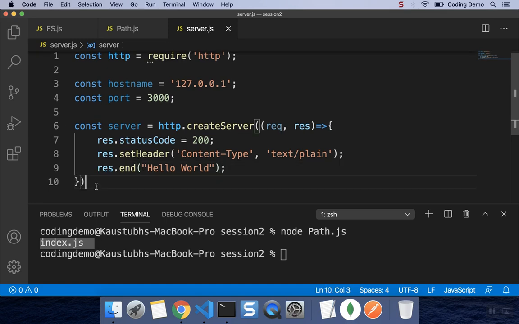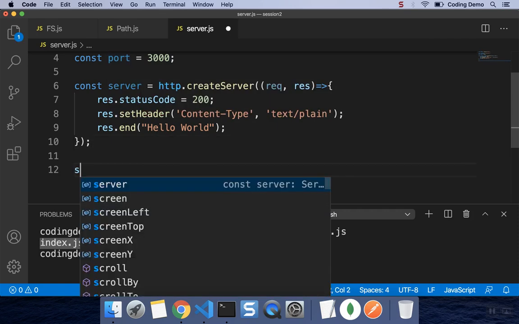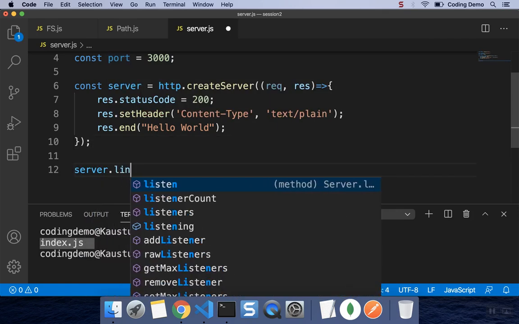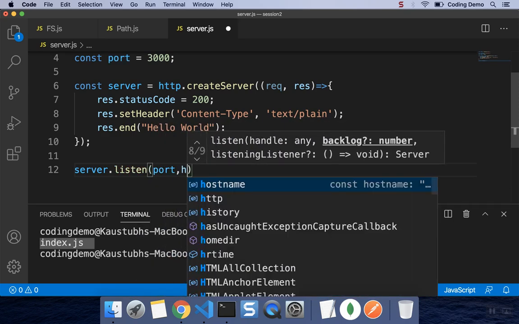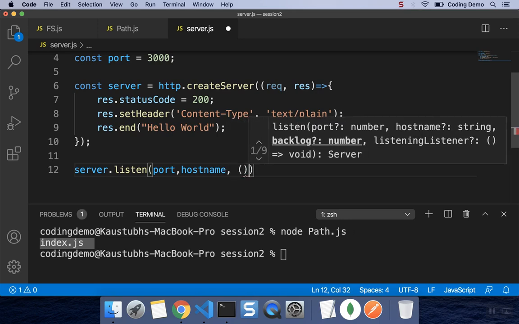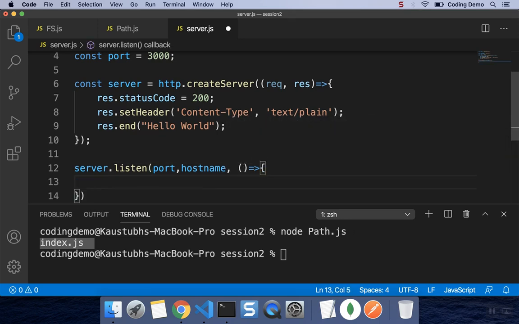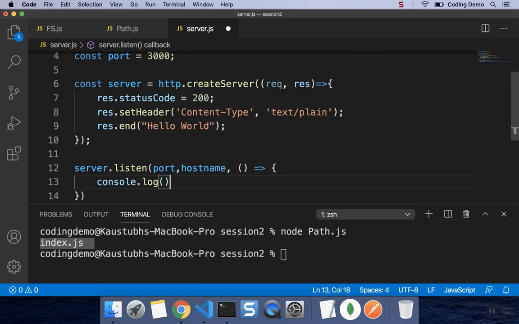All right, perfect. Now we want to listen on the port that we have created and the host name as well. So we'll say server.listen. And I'm going to be using the port, host name, and the callback function. And let's quickly log out, because how will we know that the server has started? So let's say console.log